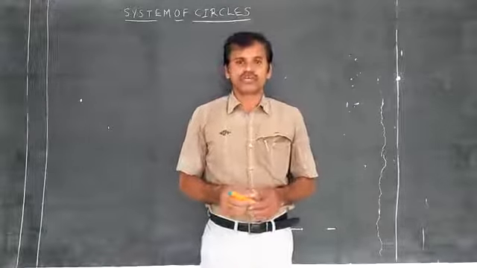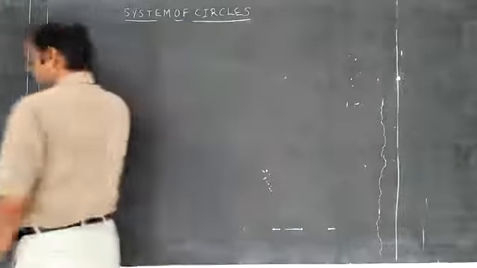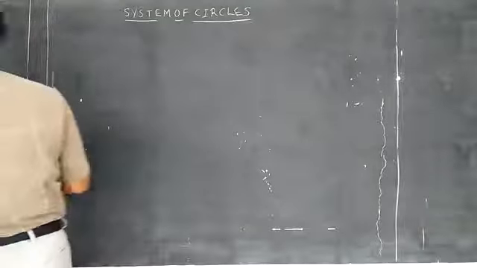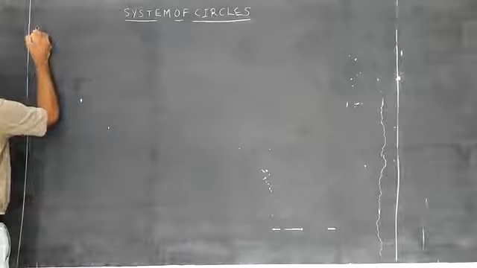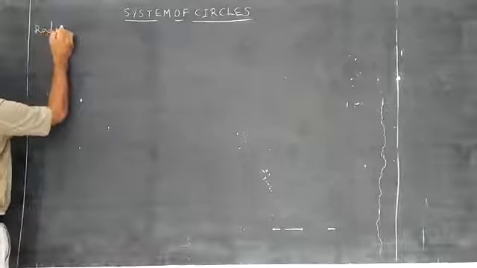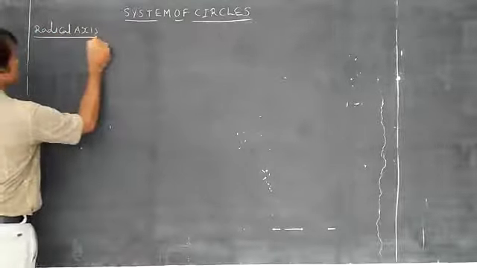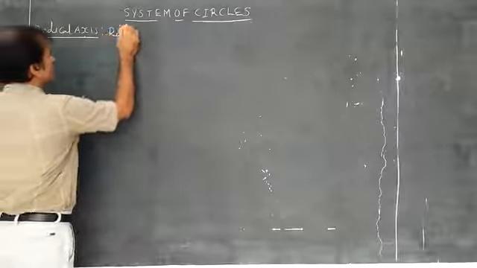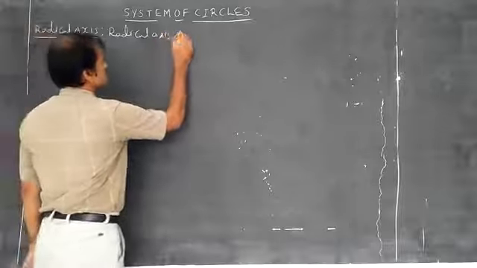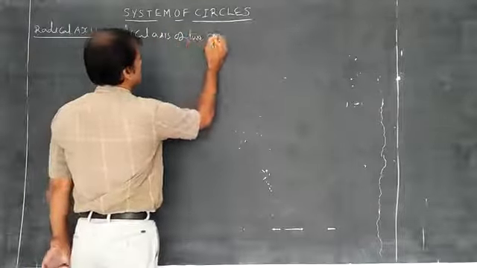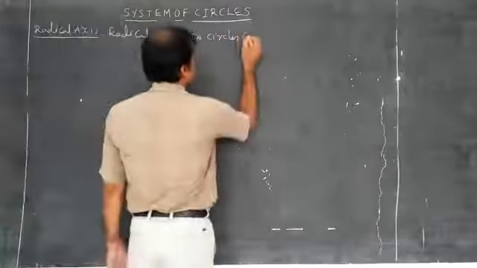Before discussing the theory, we should know the definition of a radical axis. The definition of radical axis: the radical axis of two circles can be defined as